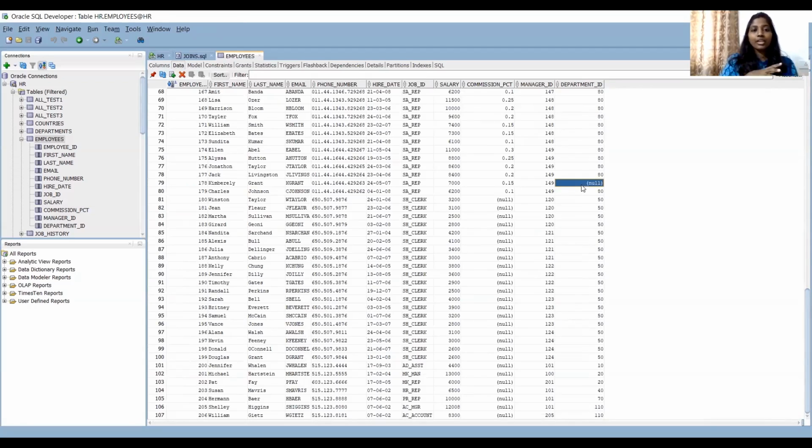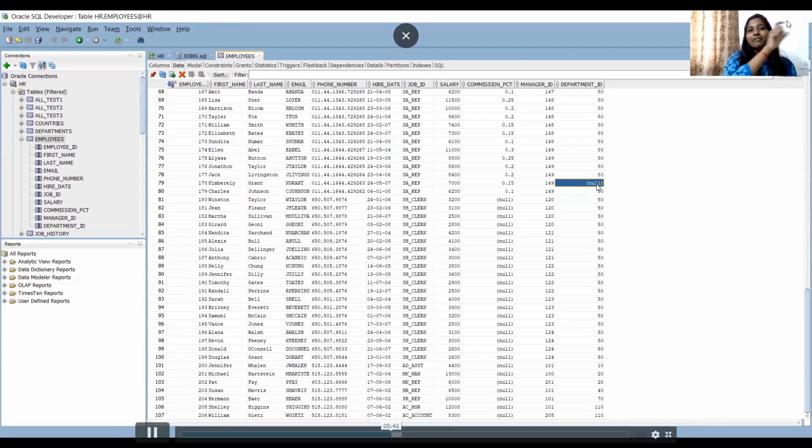An employee, Kimberly Grant, has joined the organization. She is an employee, but has not been allocated to any department, so the department is still null. Out of 107, because we don't have a value for department ID, it is not able to go back to the departments table and reference it.